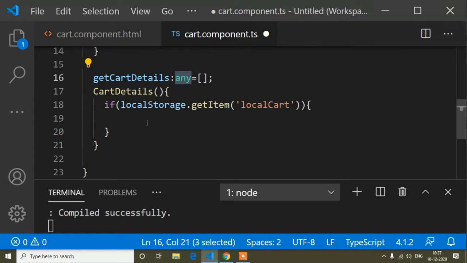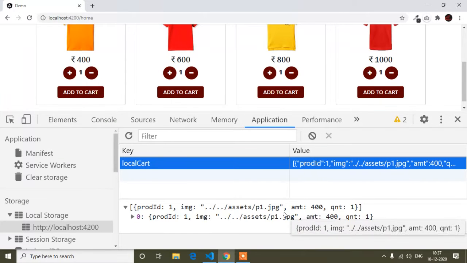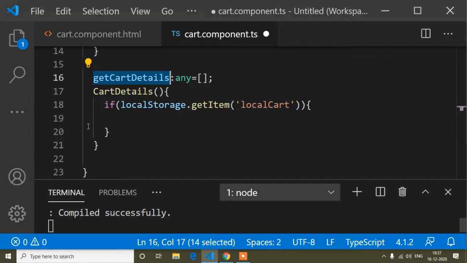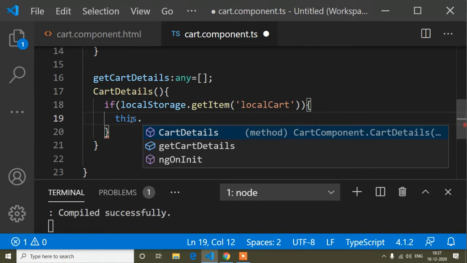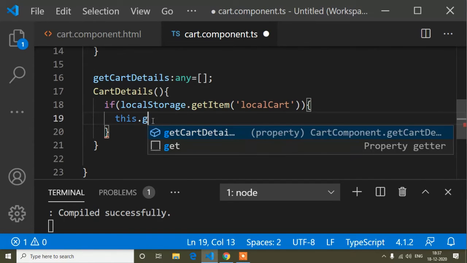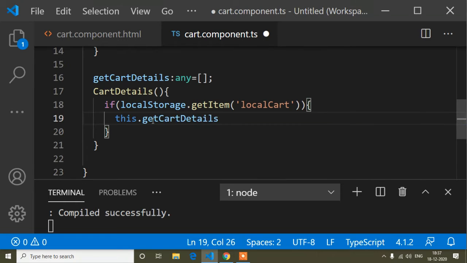And now in this variable I will get the value of the local storage, I mean how many products I have added. So for that I will write this dot the variable, getCartDetails, equals. Now in this variable I will store this product.